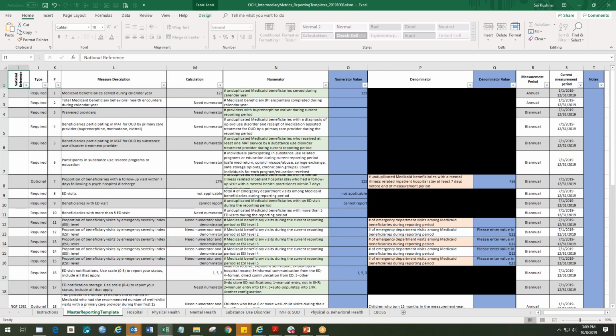So this is the master measures template. It has all of the measures in it. And there's an example of a numerator value. When you click in the numerator or denominator cell, you will get a text box that tells you to please input a whole number or input the letters or the words "not applicable" or "cannot report." If I try to type in "not applicable," it works fine. If I make a spelling error,